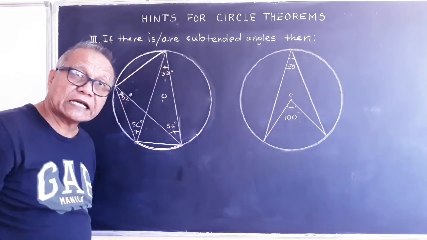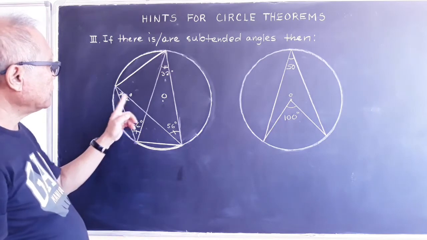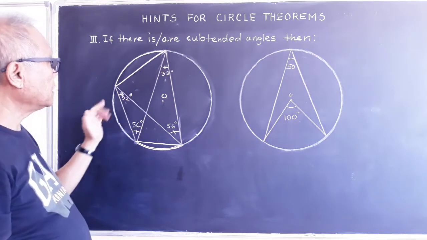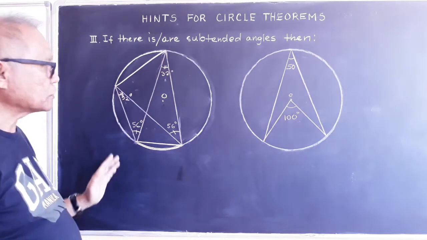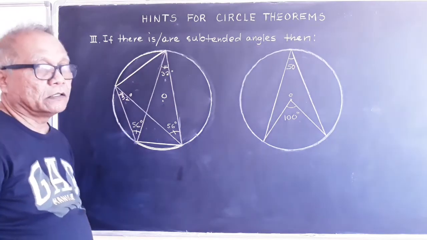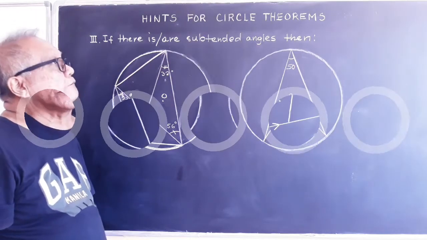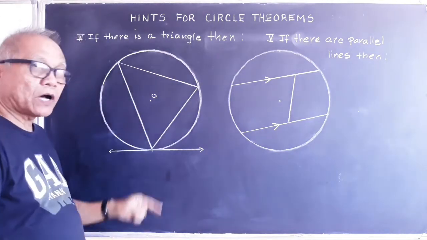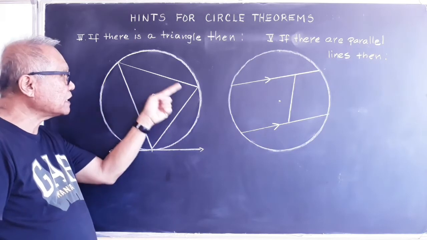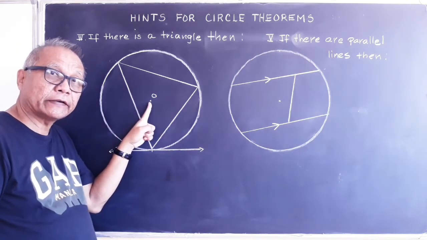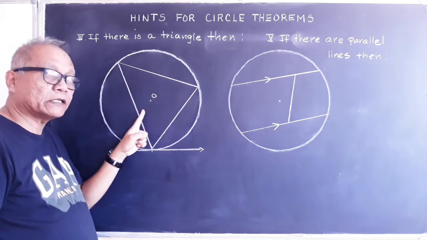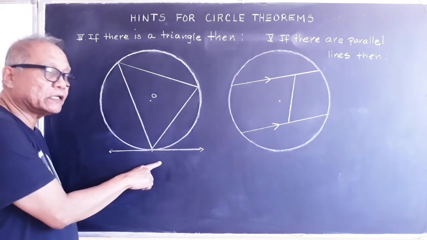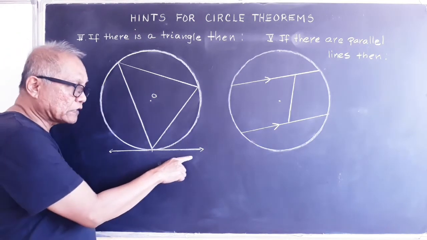It's a cyclic quadrilateral. Usually, when we have subtended angles, they are combined with the cyclic quadrilateral. So when we have cyclic quadrilateral here, it becomes confusing. If there is a triangle, then now our triangle here, class, the sides don't pass through the center. If you have a triangle like this, then look for the tangent. If you have a tangent line here, then look for the tangent here,